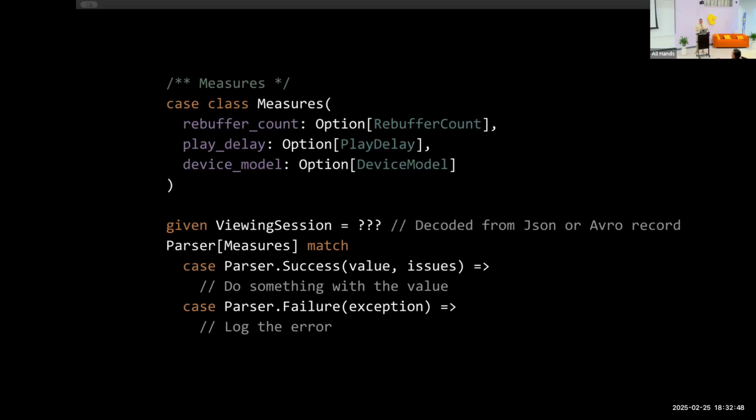So you match on it, and if it's a success, you get the value. Cool. You do something with it, like you probably write it to the table. You can also get some issues. I'm not going to dive too much into it, but it's possible that you get the value, but some issues have been logged, or it failed and it's just an exception. It's similar to a Try, success or failure.